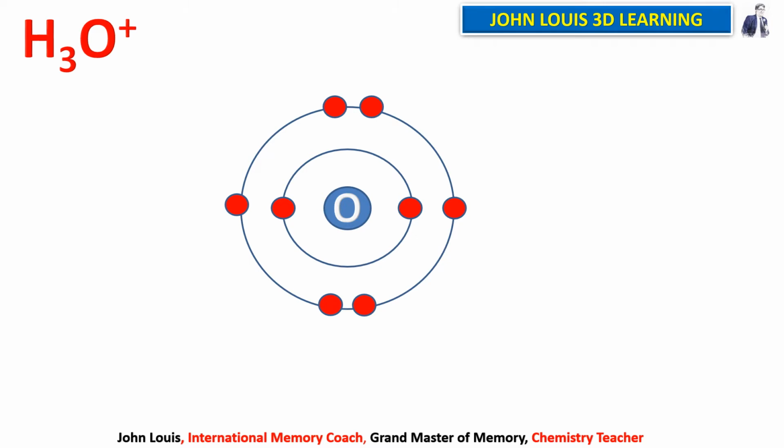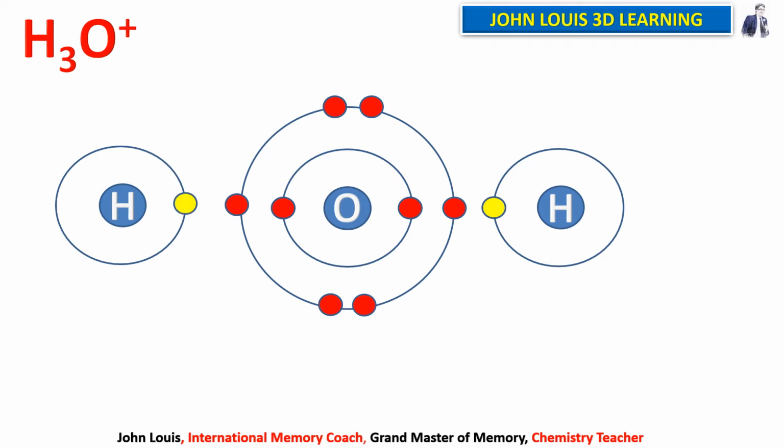But in order to become stable, it needs 2 more electrons. So that comes from 2 hydrogens, 1 electron each from both the hydrogen atoms. Let us take the first hydrogen. It has a nucleus and 1 electron in the outermost orbit. Now take the second hydrogen. This also has 1 electron in the outermost orbit. If hydrogen has 2 electrons, that becomes stable. And if oxygen gets 8 electrons, that becomes stable. Am I right? So therefore here, oxygen shares one of its electrons with one of the hydrogens.